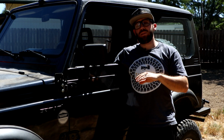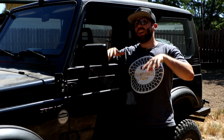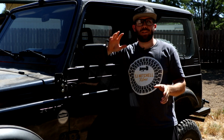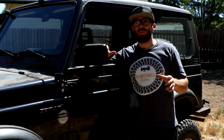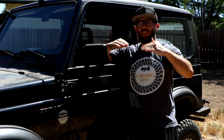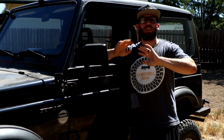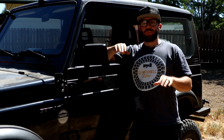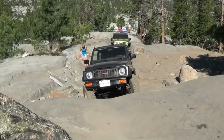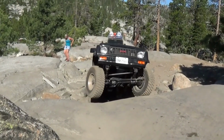This had stock leaf springs on it at the time. Now it has upgraded. It flexes pretty good, but at the time, stock leaf springs. For those of you that aren't familiar with Samurais, there's like no travel there at all. The leaf springs, they're like already negatively arced. They don't flex at all. So like the first time I went up on a rock, we were on 3 wheels,